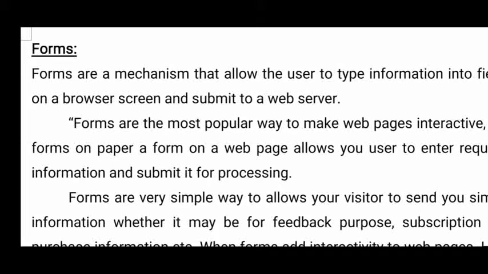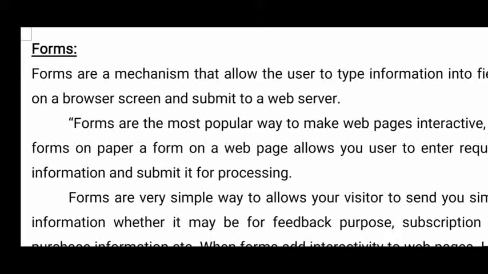Okay, what are forms? Before going into forms in HTML, I will explain forms in general. For example, when you want to apply for something on any public website, or do a registration on any website, they will give you a form, you fill in the information in that form, and you give that form back to that authority.